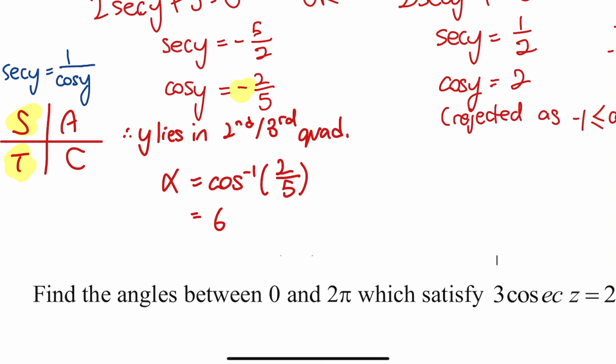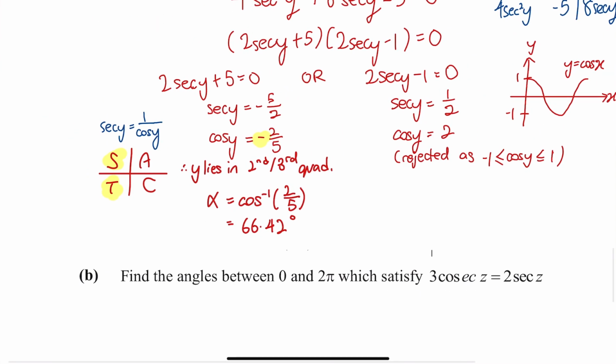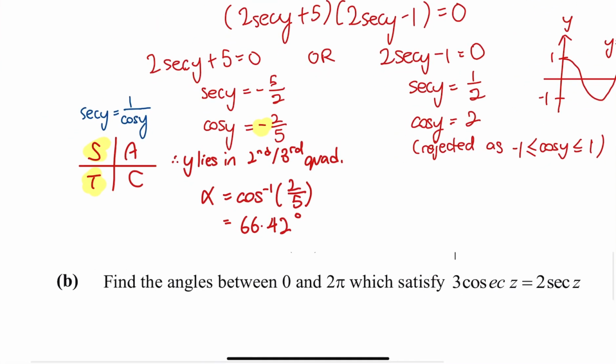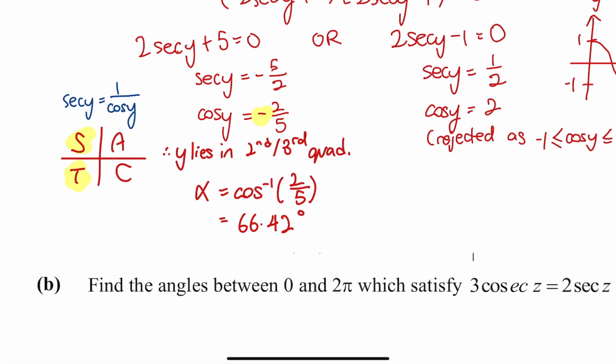Okay, 2 over 5... 4. This is exactly 66.4 degrees. Not exactly, you can write off to, let's say, 2 decimal places. Better to write as 5 SF. Okay, but from here I'll get 66.42, which means that in the second quadrant,